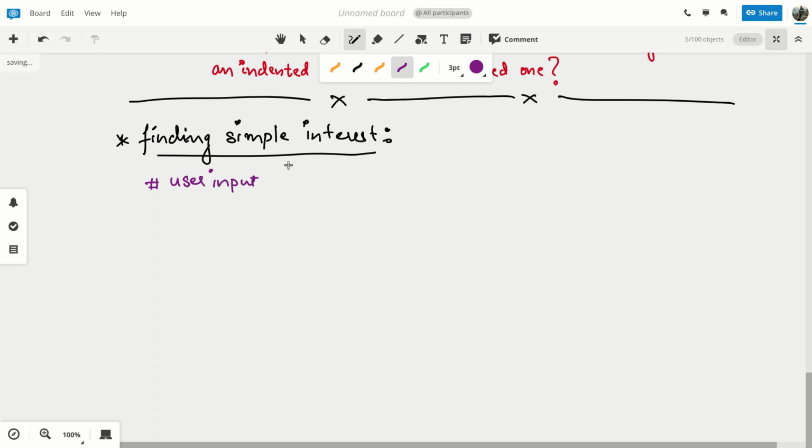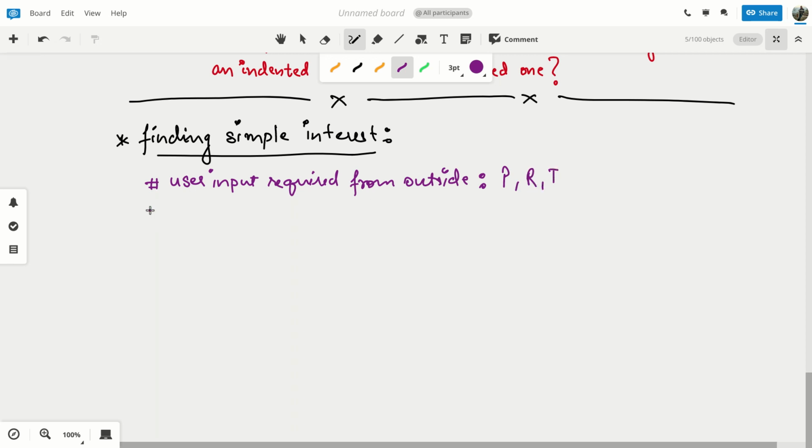User input required from outside are principal, rate and time.